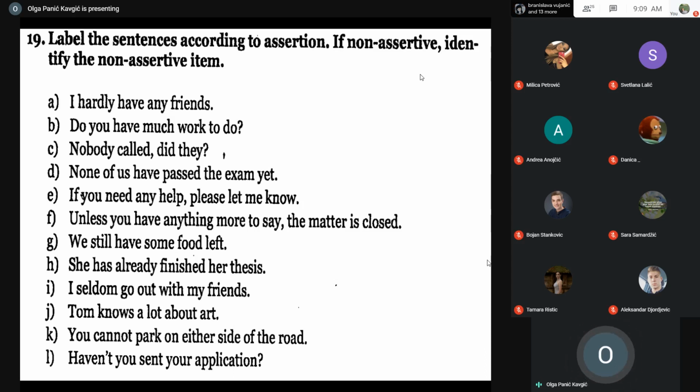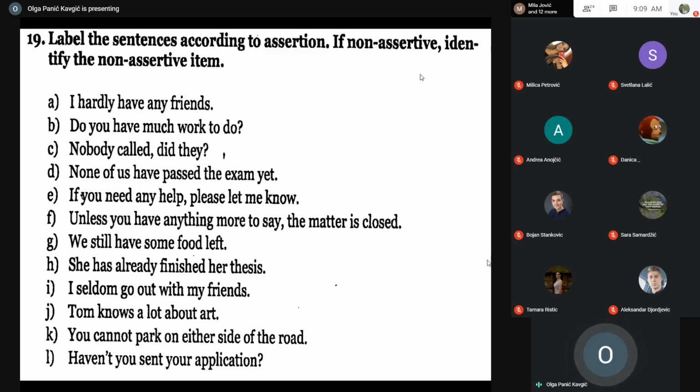For instance, if you say, I can hardly see her, when you look at it, you don't immediately recognize that it's negative. However, hardly does have a negative connotation, and you can prove it by using a tag question of the opposite orientation, and this tag question will always be positive. So, I can hardly see her, can I? Or can you? Not can't I, okay? So this proves that hardly makes this first part of the sentence non-assertive.